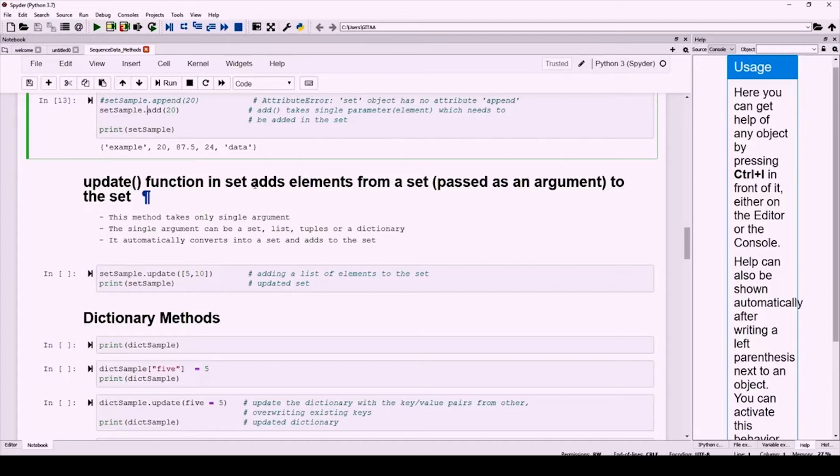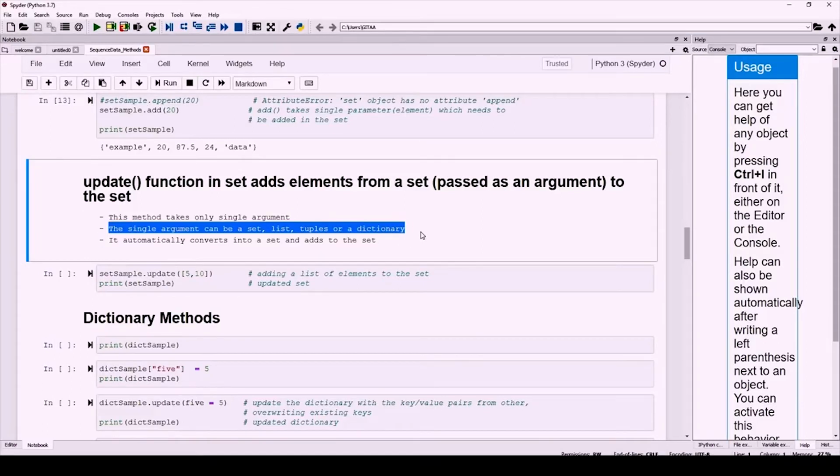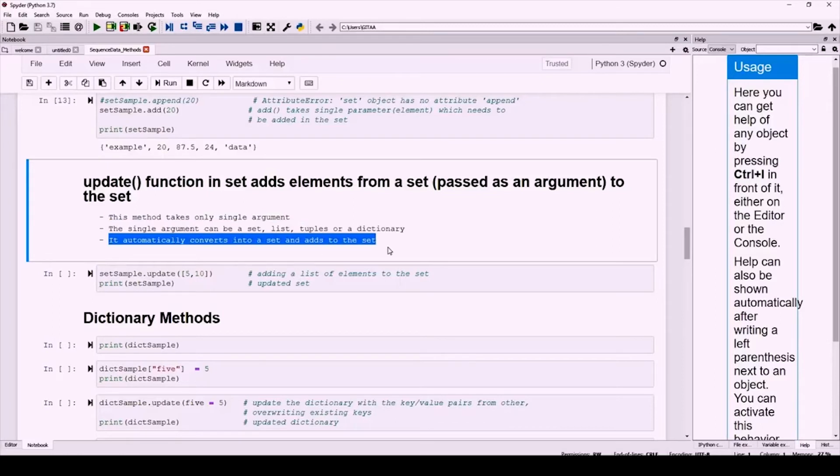The update function in a set adds elements from a set which can be passed as an argument to the set, and this method takes only a single argument, and the argument can be a set, list, tuples or a dictionary. So you can add the values as set, list, tuples or a dictionary, and what it does is it automatically converts into a set and then adds that particular list of values or that particular set to the existing set.